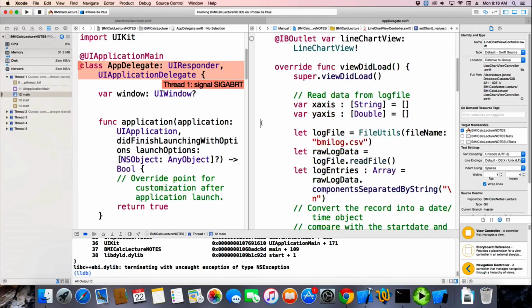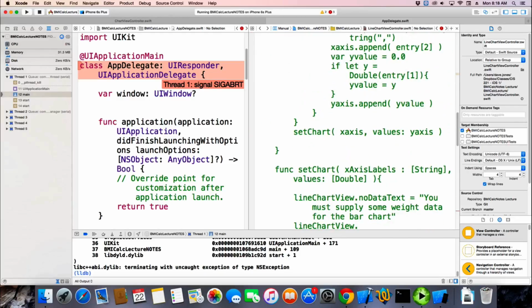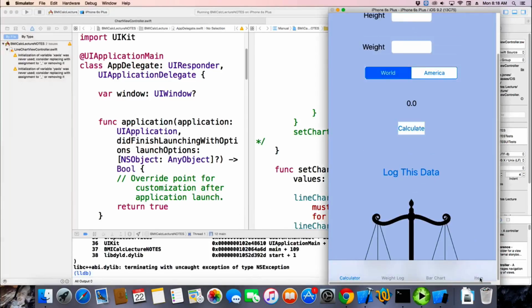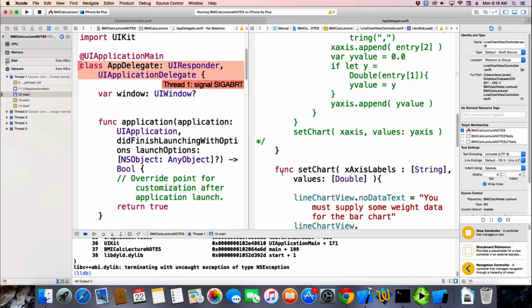Alright, so let's comment some more out. Comment all the stuff I copied in here. Make sure that I didn't screw something up with the connections. Yep, I must have. So there's a connection problem